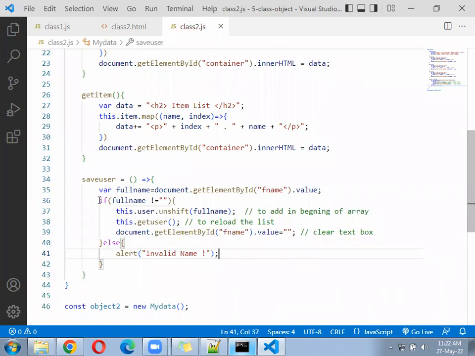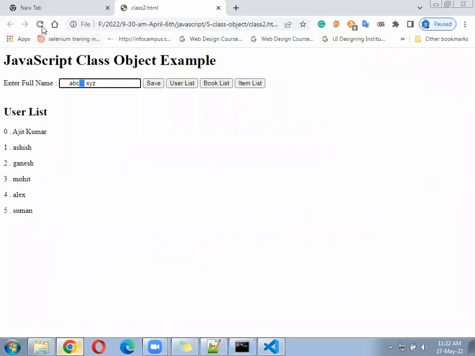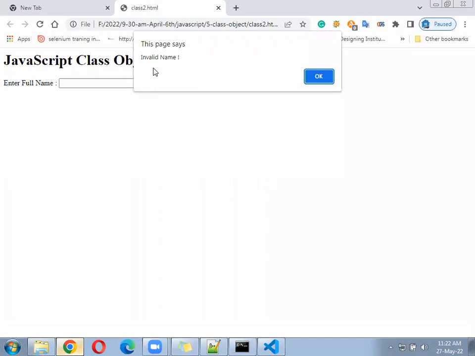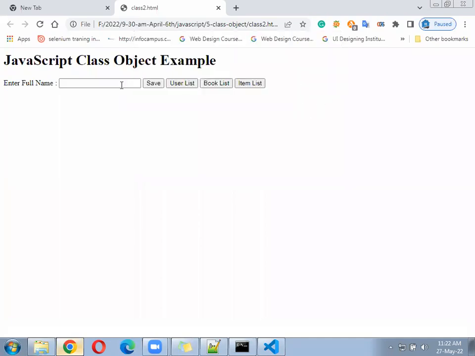Okay, so what did I add? I added if full name is not empty, then only add it. If it is empty, then don't do anything, give a message. See here, I removed the trim from here. Come to the browser. Now, if I don't enter anything here, what is it saying? Invalid. But if I enter something here,